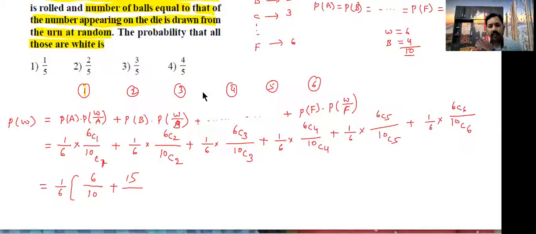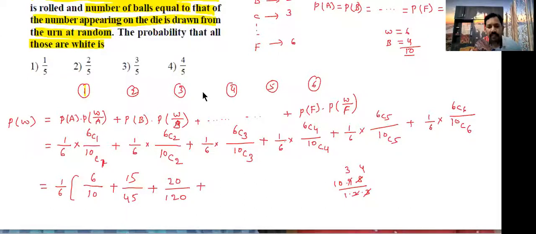10C2 is 10 into 9 by 1 into 2, that is 45, plus 6C3: 6, 5, 4 by 1, 2, 3, that is 20. 10C3 is 10, 9, 8 by 1, 2, 3. 3 3s are 9, 2 4s are 4 3s are 12, 12 10s are 120, plus